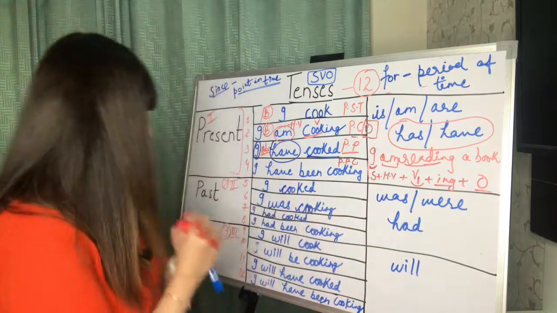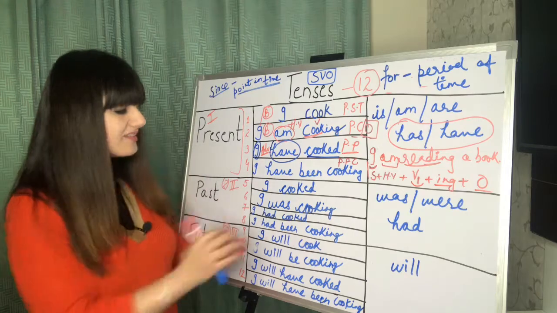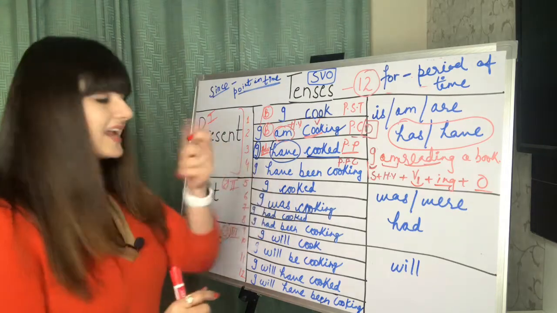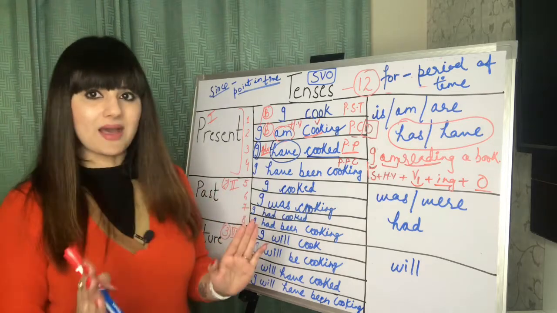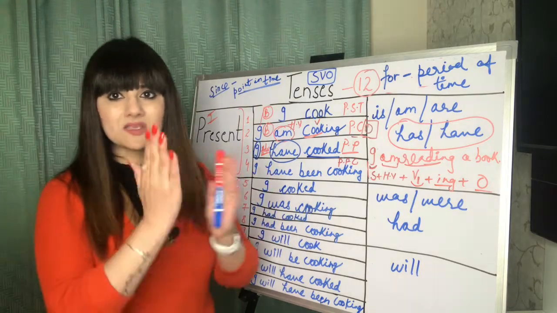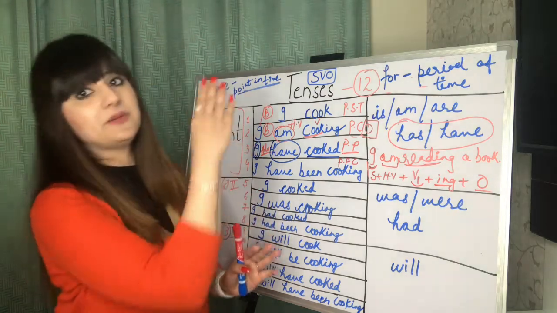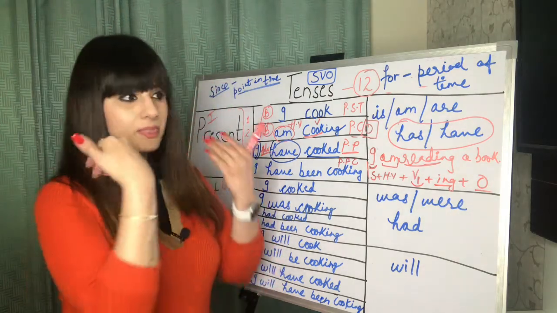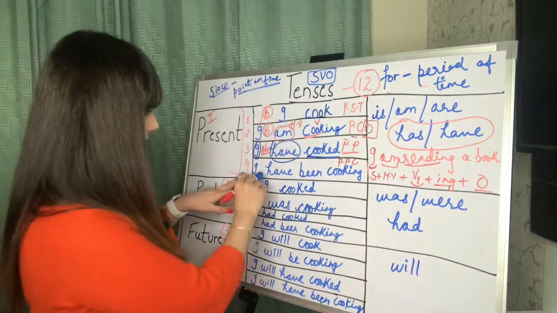All right. Let's talk about the past tense. So it's very simple. It's a minor change you have to make here. Now, if I'm talking about a past situation, it means I'm talking about something that happened in the past. That work had happened. Right. So if I'm talking about it this way,